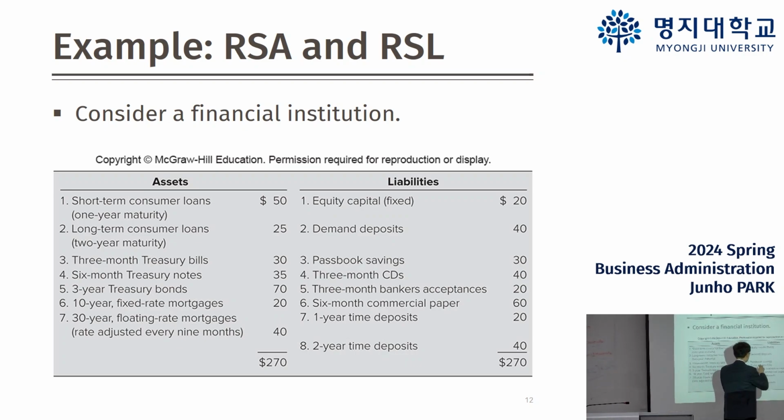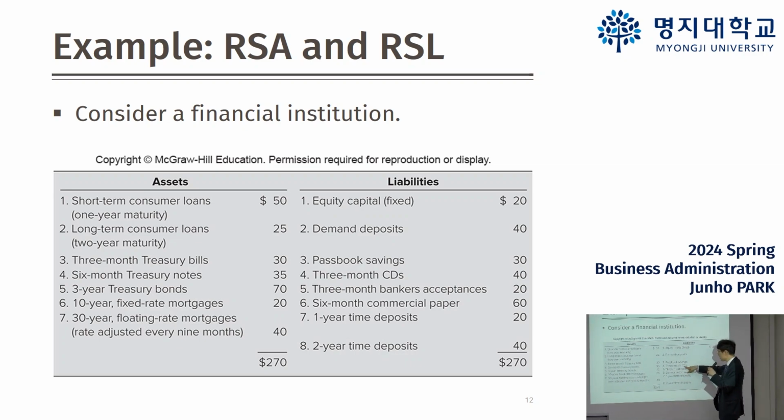And the maturity of these CDs is 3 months. It is less than 1 year, so it is rate sensitive. After 3 months, it will be matured, and therefore, if the financial institutions want to maintain it, then they need to offer a new interest rate to the customers. So it will be affected by the future change in the interest rate. So we should consider it as rate-sensitive liabilities.